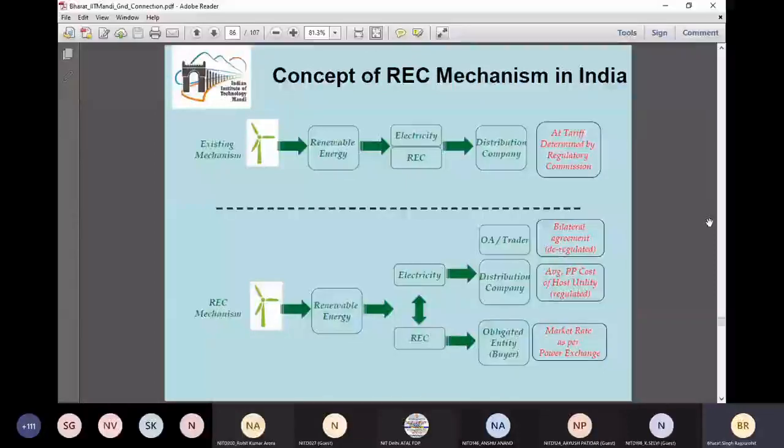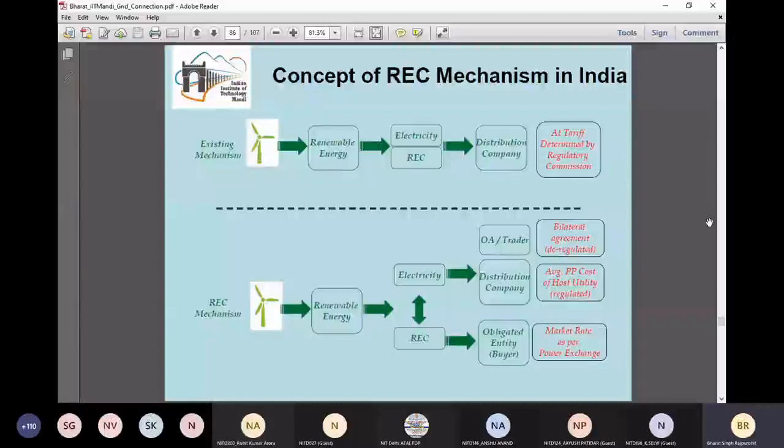Fine. What about the attribute part? The attribute of the word renewable of this electricity being produced by the renewable energy is now treated as a certificate, and this certificate is now traded in a market similar to the share market or a power exchange market, and there the certificate is going to get a price between a floor price and the forbearance or upper price. So it means the certificate is now traded within a range, and hence a better profit can be obtained for this certificate.